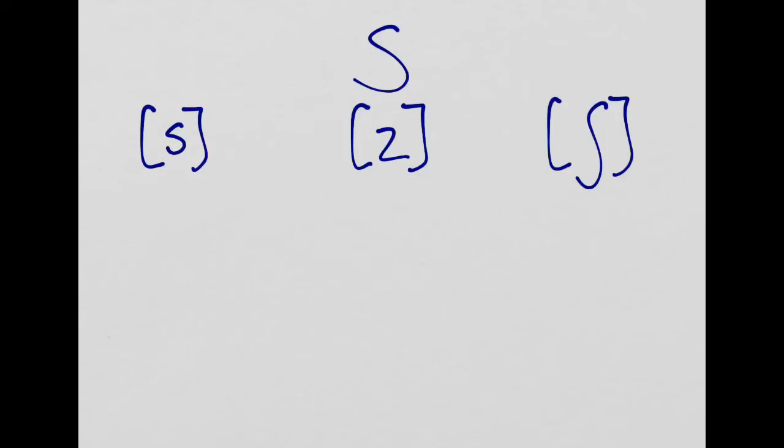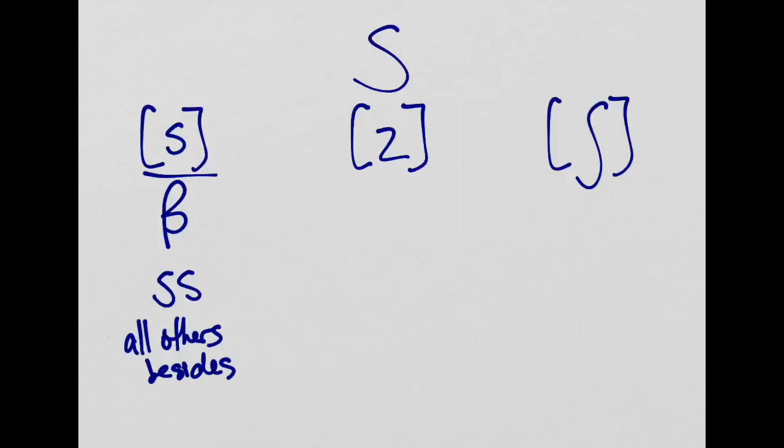Let's start with the S sound over here. There is a symbol that you're going to see in German, or you may have already seen, that looks like this. It's called an S set. In archaic German, this would have been spelled SZ, but you don't really need to worry about that for now. In any case, anytime you see an S set, you will pronounce S. At the same time, because the S set is very similar, anytime you see two S's, you will pronounce S. And then the third time that you'll pronounce an S is if it's none of the things found on the other two lists, okay? All others